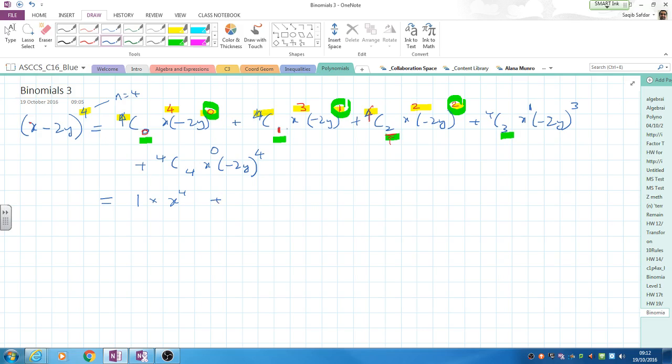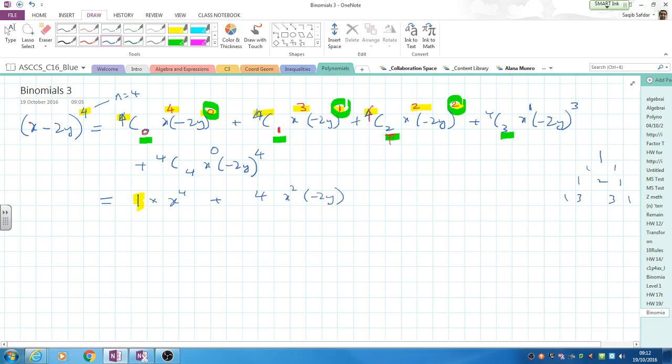Then we've got 4C1, what does that give us? 4. Okay, make a note of that. Remember Pascal's triangle: 1, 1, 1, 2, 1, 1, 3, 3, 1. The first number is always going to be a 1, and the second number is always going to be n. So we'll get a 4x cubed